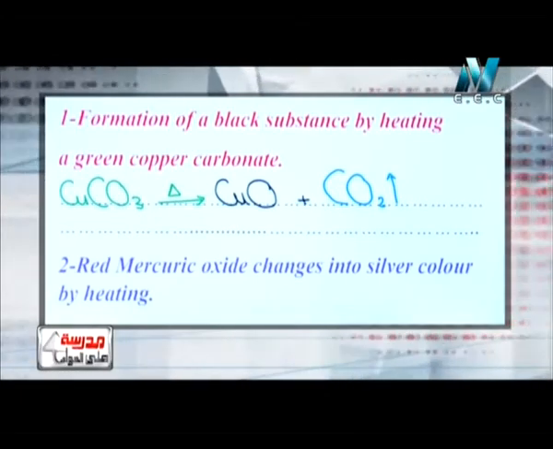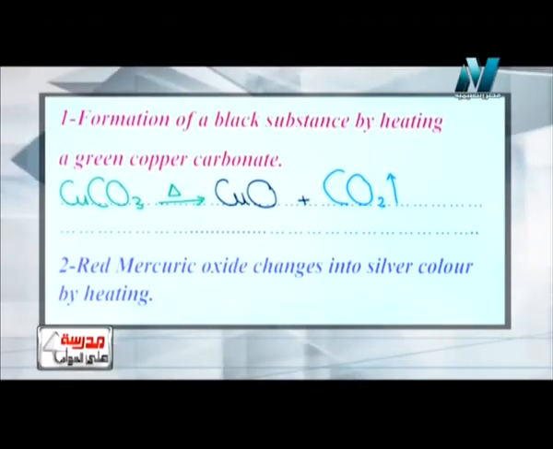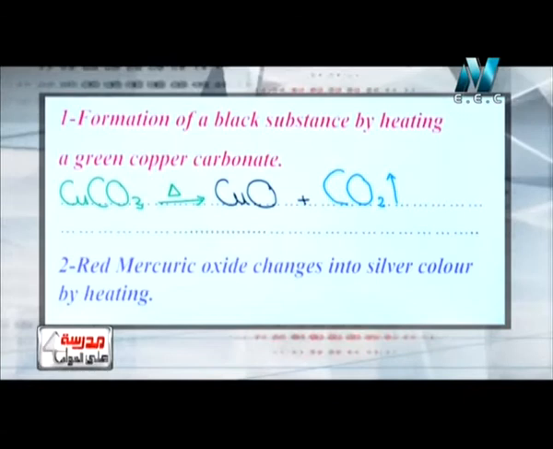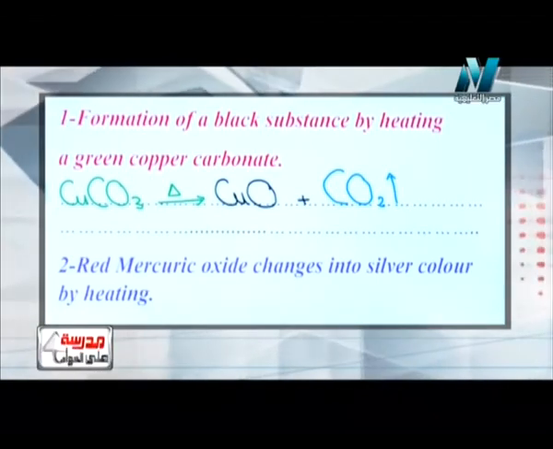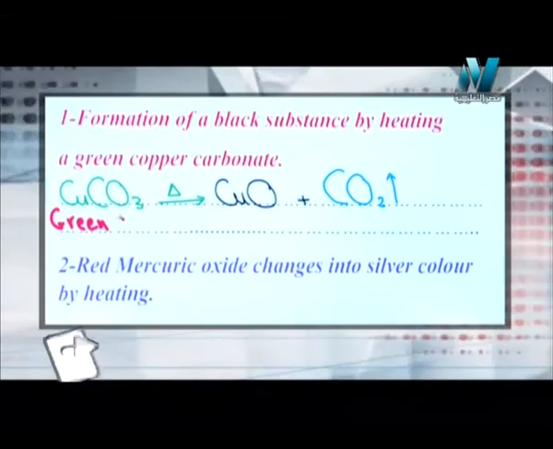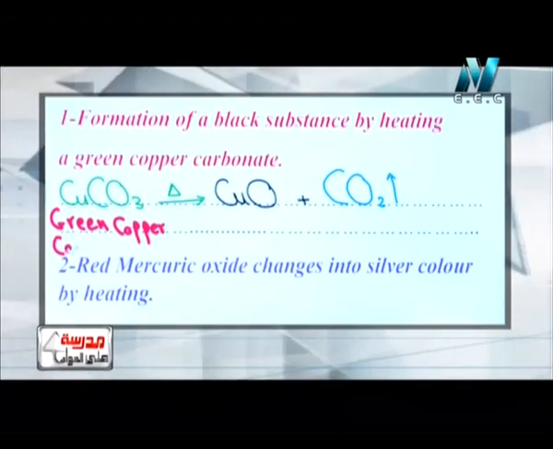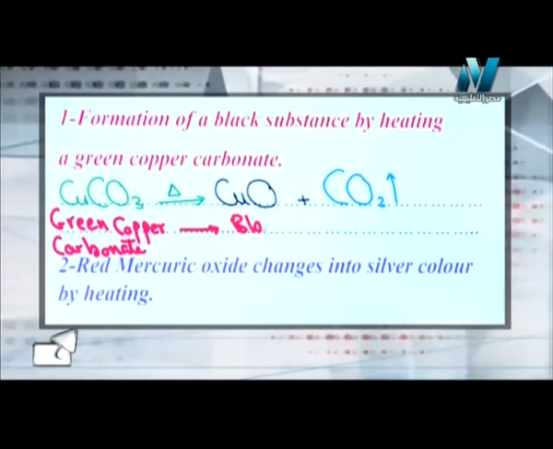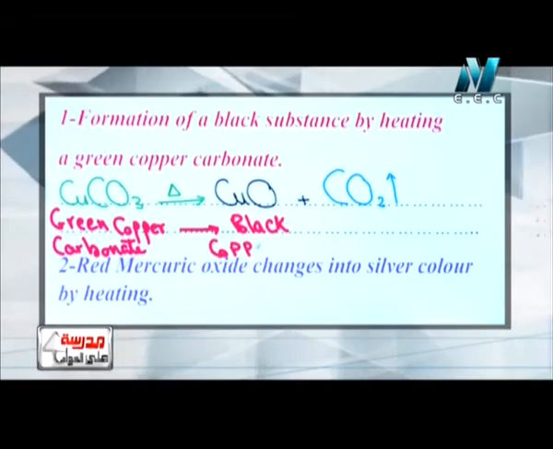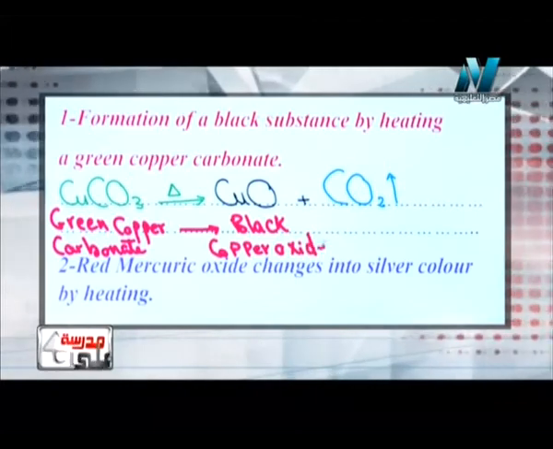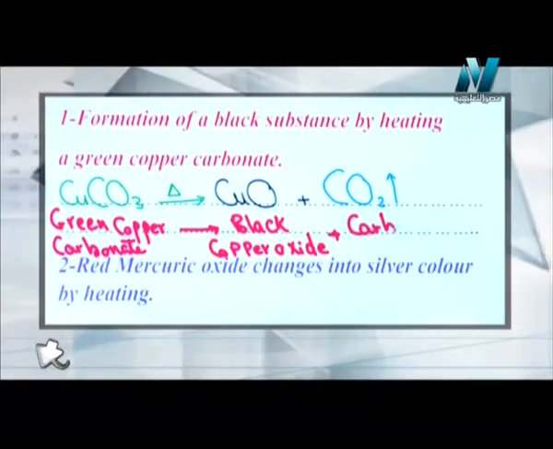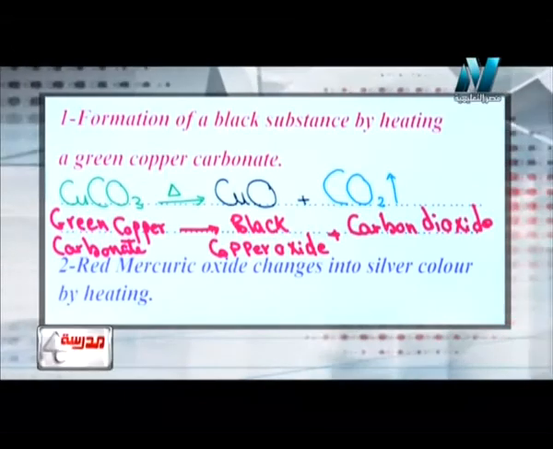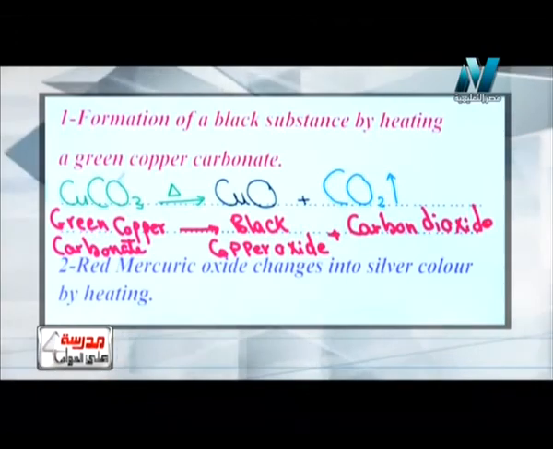So that's not enough. ده مش كفاية. بجاوب give reason we should write what names and colors. لازم اكتب اسمائهم بقى والوانهم عشان بجاوب give reason not complete. يبقى لازم اقول له هنا green copper carbonate forming black copper oxide plus carbon dioxide. If we remember the chemical equation, لو انا افتكرت الchemical equation with names we can answer give reason for,